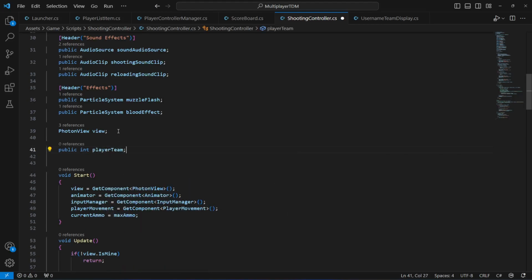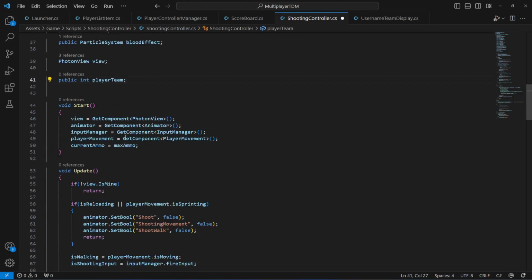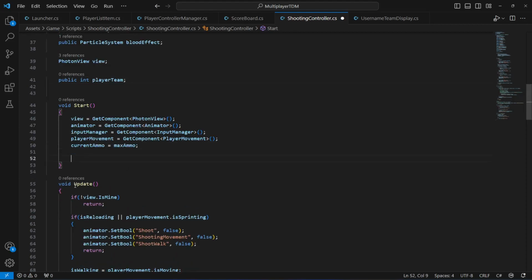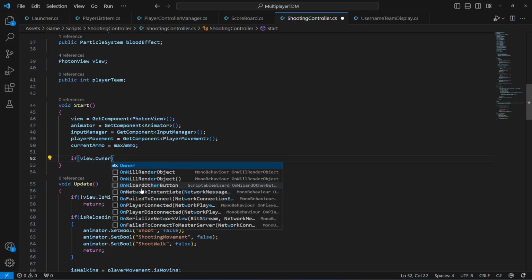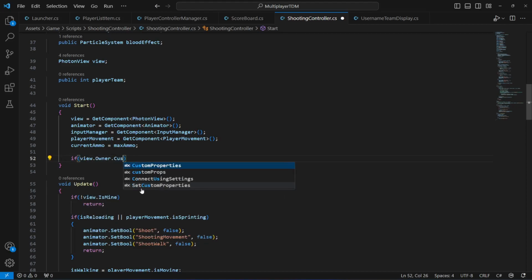So it will be by the name of player team. Okay, once we have that, now when the game starts, let's take the team from our custom properties and assign it to the player team. Okay, so we will simply say view.owner.customProperties.ContainsKey team,